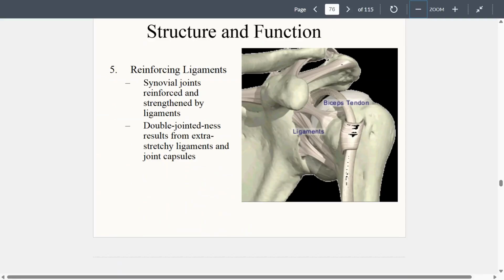Those ligaments and the joint capsule itself, that membrane, are extra stretchy. So instead of having a slight rigidity to them, they're all loosey-goosey. And that is what is allowing that double jointedness. It can be problematic. A little double jointedness in one or two joints, depending on the joint, might not be a problem. But if every single one of your joints, or the majority of your joints, has this double jointedness,